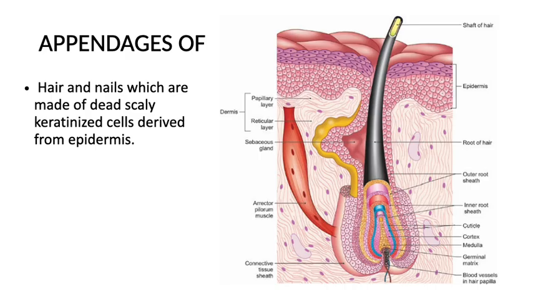Hair and nail are made up of dead scaly keratinized cells derived from epidermis. If you see a fetus, वो skin of the fetus is covered by fine hair, उसको lanugo कहते हैं, and primary hair. It is shed at birth and then it is replaced by vellus or the secondary hair. Vellus is retained in most of the regions except scalp, face, eyebrow, axilla. Here it is replaced by coarse dark hair.